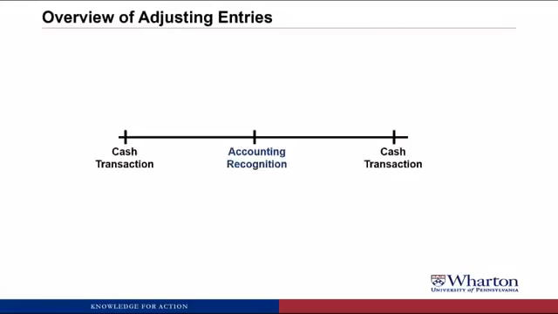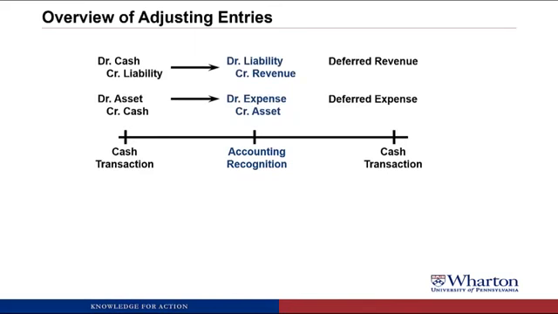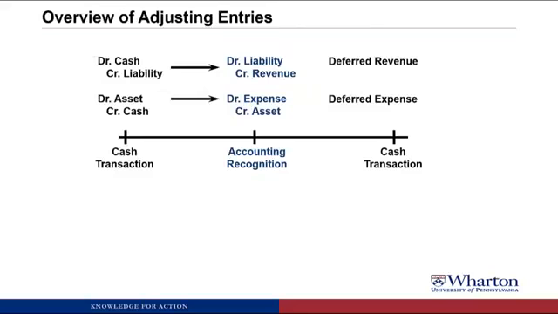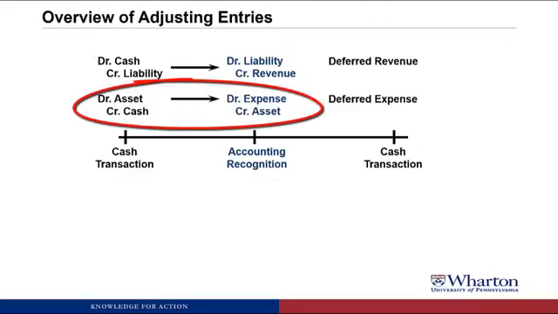Here's a quick graphical overview of adjusting entries before we wrap up the video. Think about a timeline where we have cash transactions that happen at different times than we recognize revenues or expenses. The deferred revenue and deferred expense occur when we have a cash transaction before we recognize a revenue or expense. So if we receive cash before we can book revenue, we need a liability, an unearned revenue liability, to bridge the gap. Or if we pay cash before we record an expense, we need an asset, a prepaid asset, to